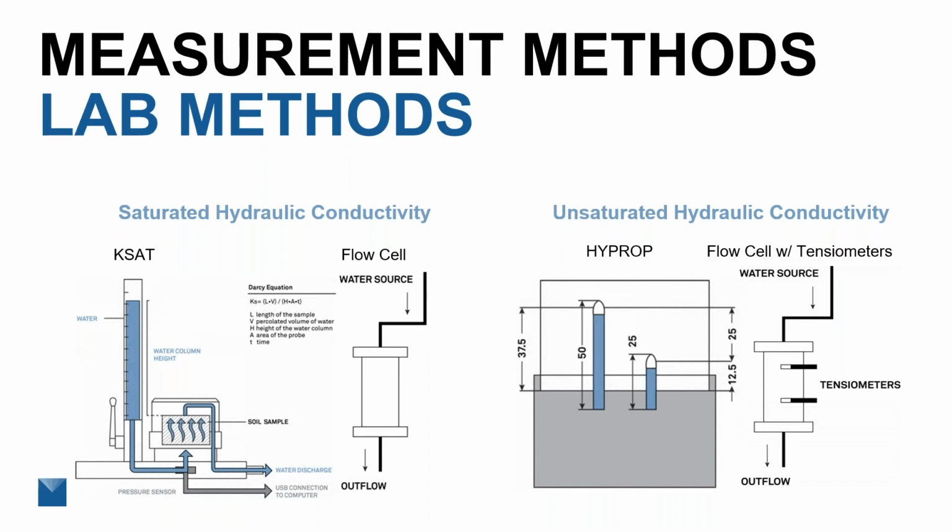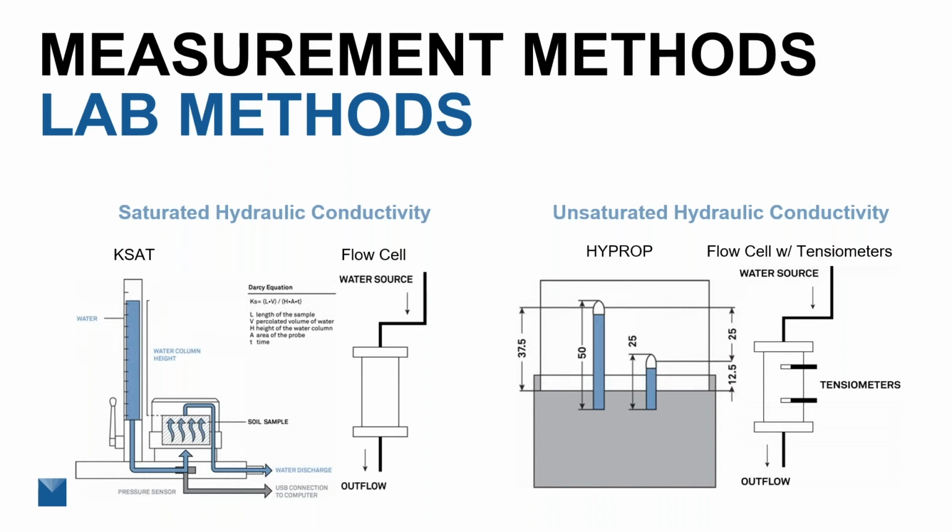With the HYPROP, instead, we're starting with a saturated core sample, and we're using what's called the Wind-Schindler evaporation method. We're evaporating water from the surface of that core, and we're measuring the change in water content, so we're getting the evaporation rate, and then we're measuring the change in water potential at two different points within the core. What that gives us is a gradient, a difference in the change in water potential at those two points, along with the change in water content. We're able to calculate the unsaturated hydraulic conductivity based on